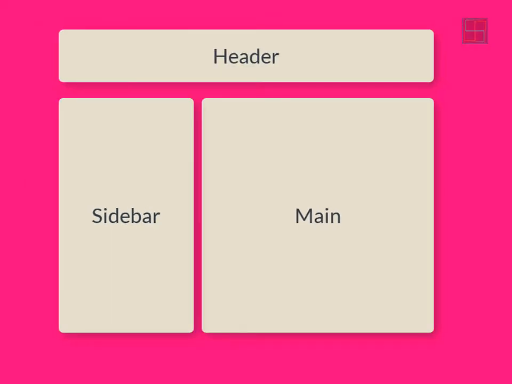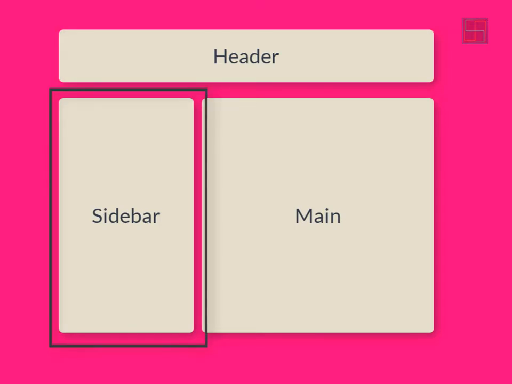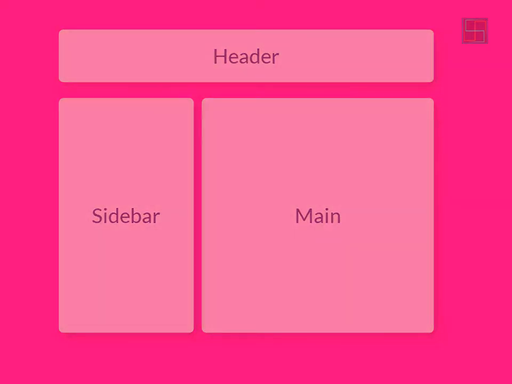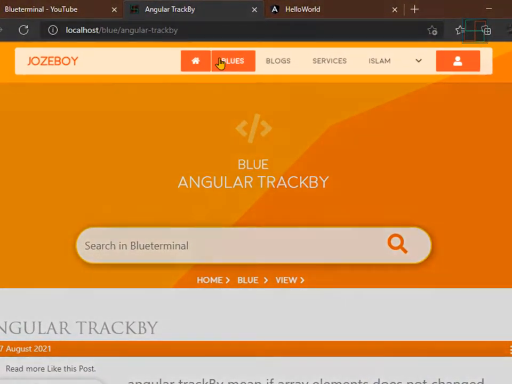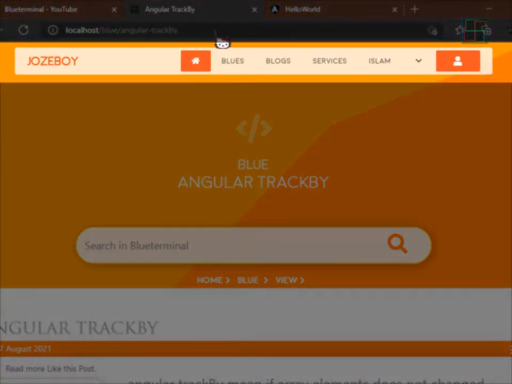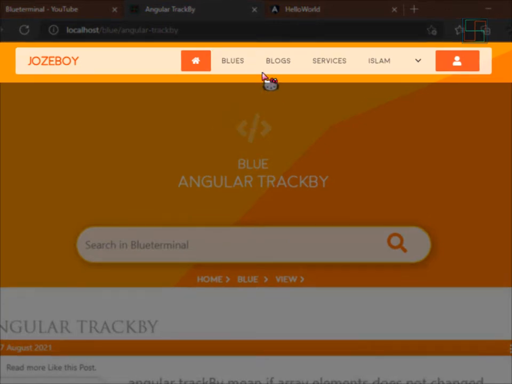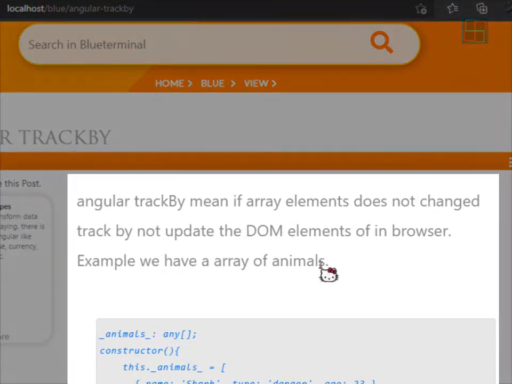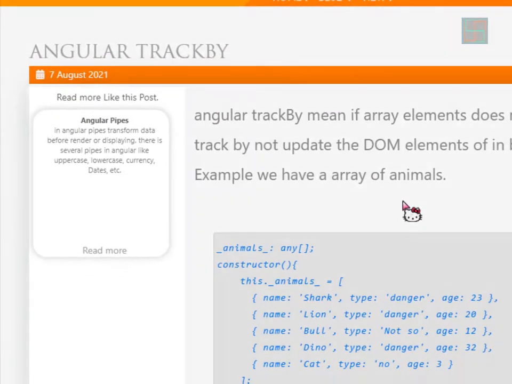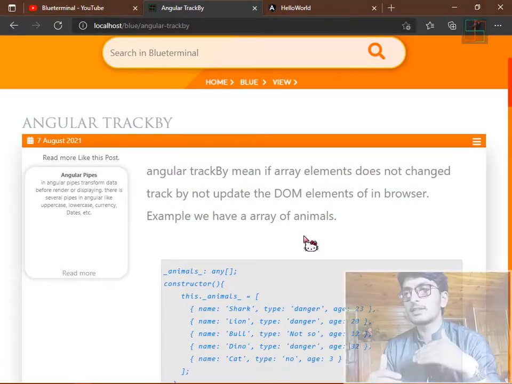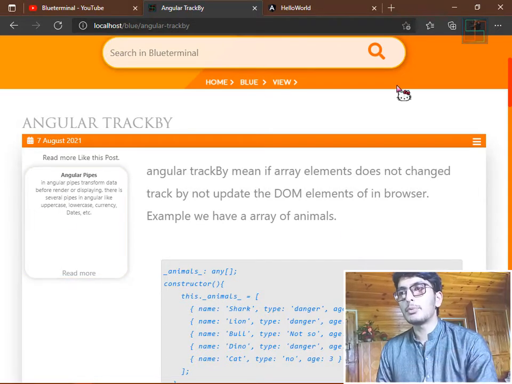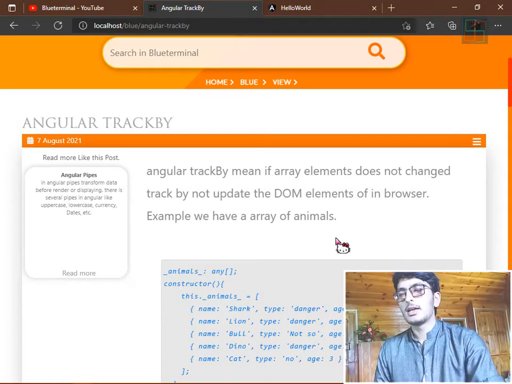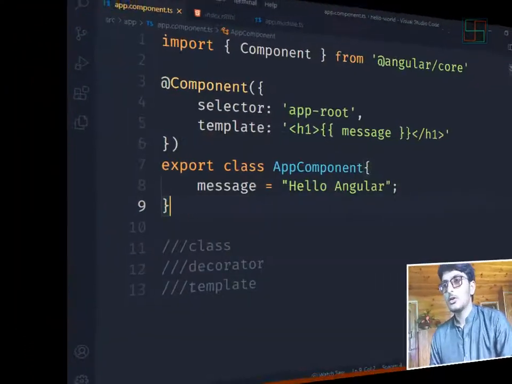Here is a simple example. This is an HTML page layout and this layout has three parts: header, sidebar, and the main page, like this website. This is a header component. The header component has a different behavior from other pages and it contains different HTML tags like blogs, blue service, etc. And this is the main page. It shows the main post here, and this is the sidebar. In this series we will work on all of these components and combine them and make a website like this.